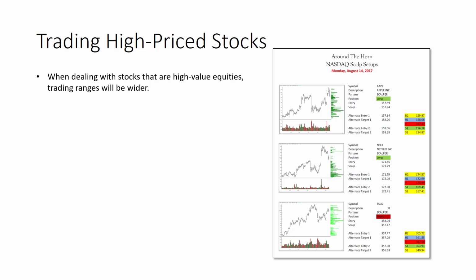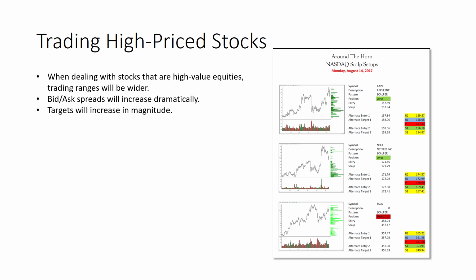When you're dealing with these high value equities, bear the following things in mind. The trading ranges are going to be wider. Those bid-ask spreads are going to increase dramatically. This is a very different animal than Apple. The bid-ask spread on Tesla can be 40 cents, 50 cents at times, and you have to be very, very conscious of what's going on in that book when you decide how you're going to structure your orders.